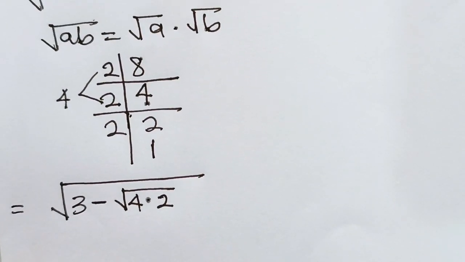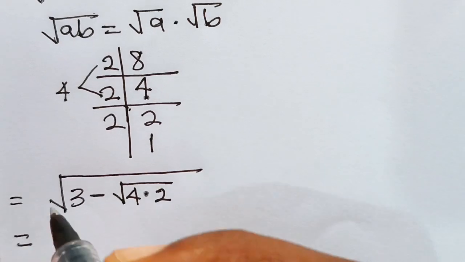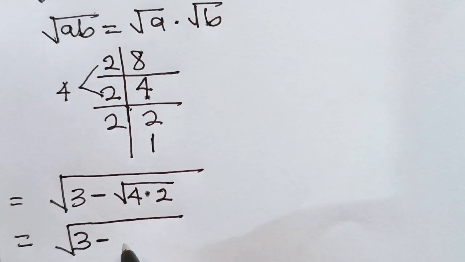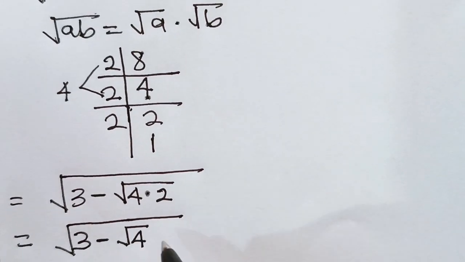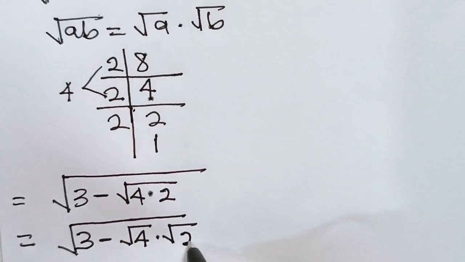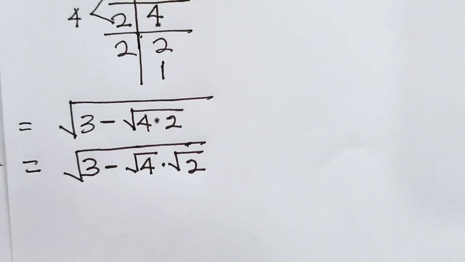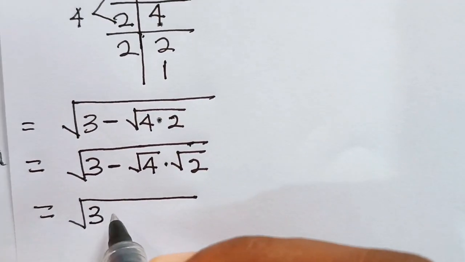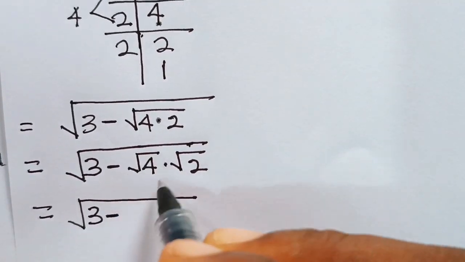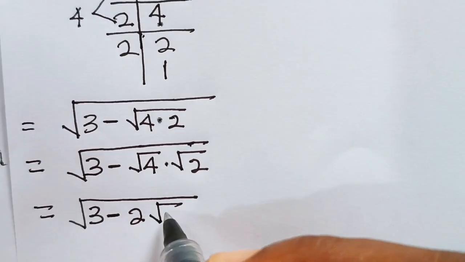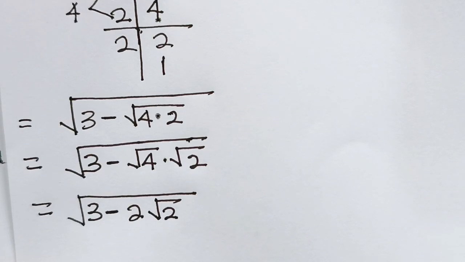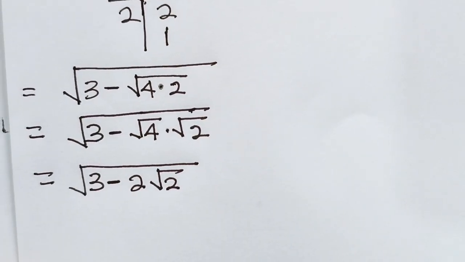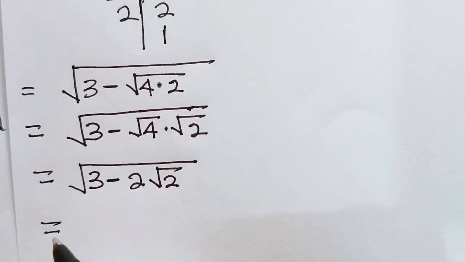All right? Now, this is equal to the square root of 3 minus the square root of 4 multiplied by the square root of 2. This is equal to the square root of 3 minus, now, square root of 4 will give us 2. So we have 2 root 2. All right. Now, this can be expressed further, right? We can write this as